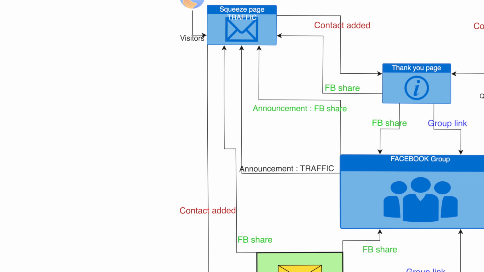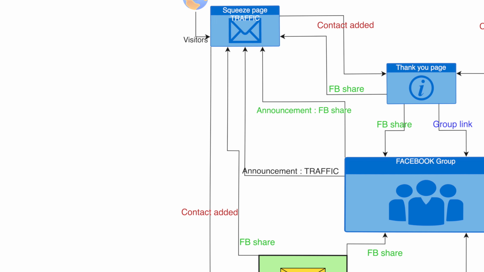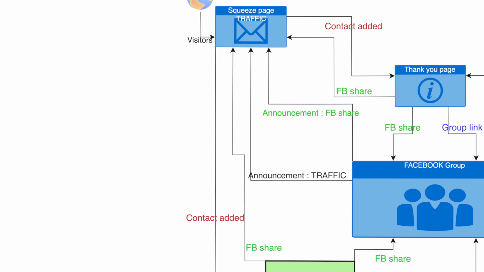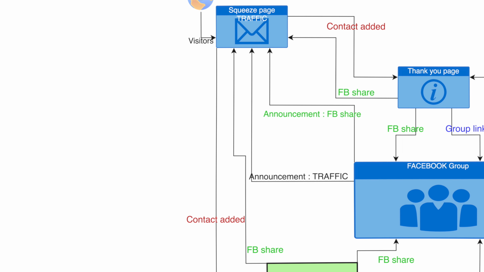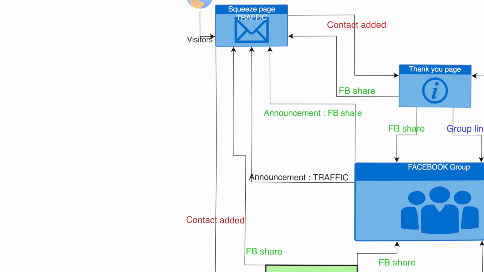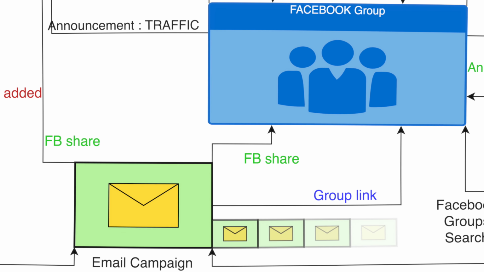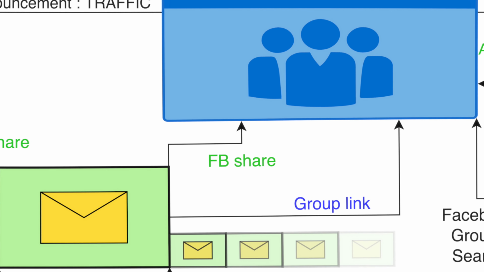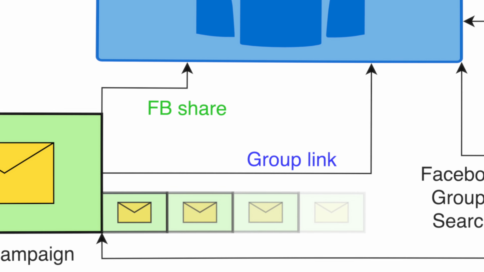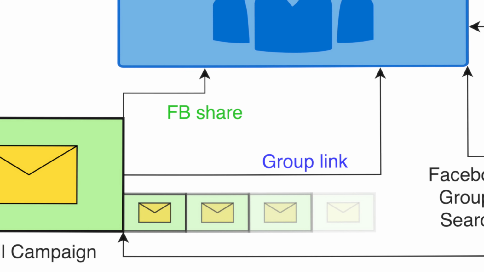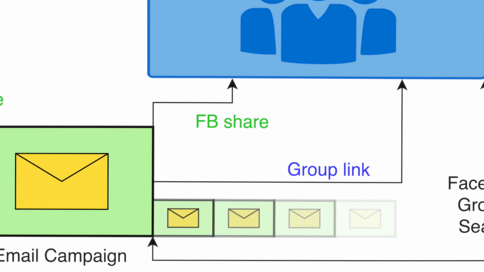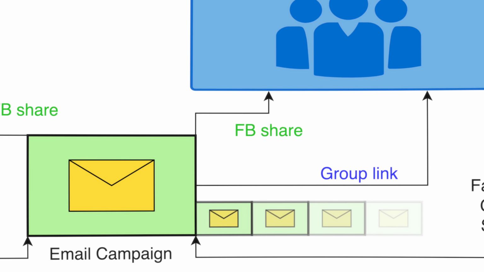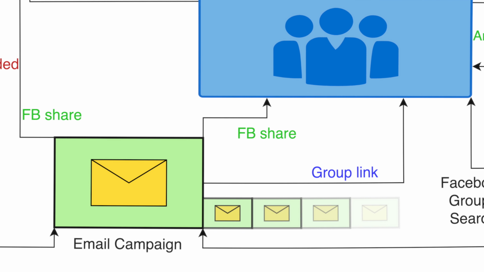In terms of outgoing links, you have, of course, the free links: the Facebook share of the Squeeze page traffic, the Facebook share of the group itself, and the special link to go to the group from your email campaign. If people are already members, that's fine. They will be shown the group homepage. So in your email, you have to think about that. How do you present those links so that, like, first step 1, step 2, step 3, you tell them what to do. That's the best thing.